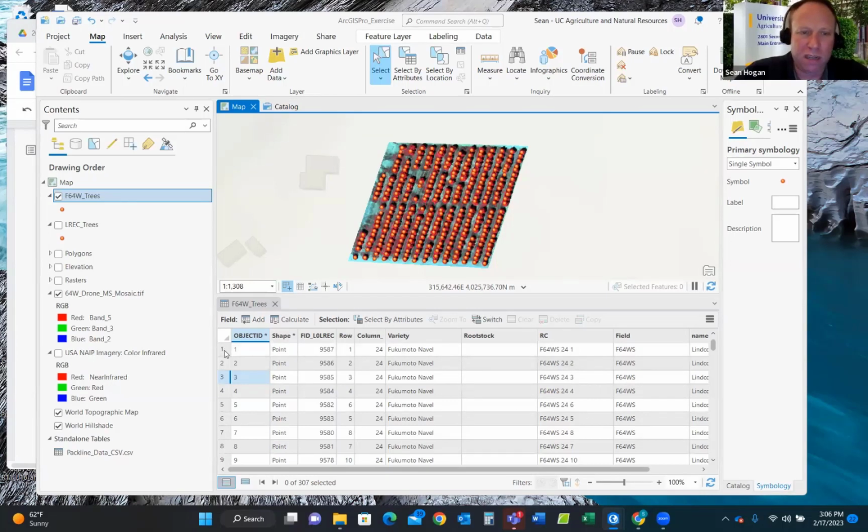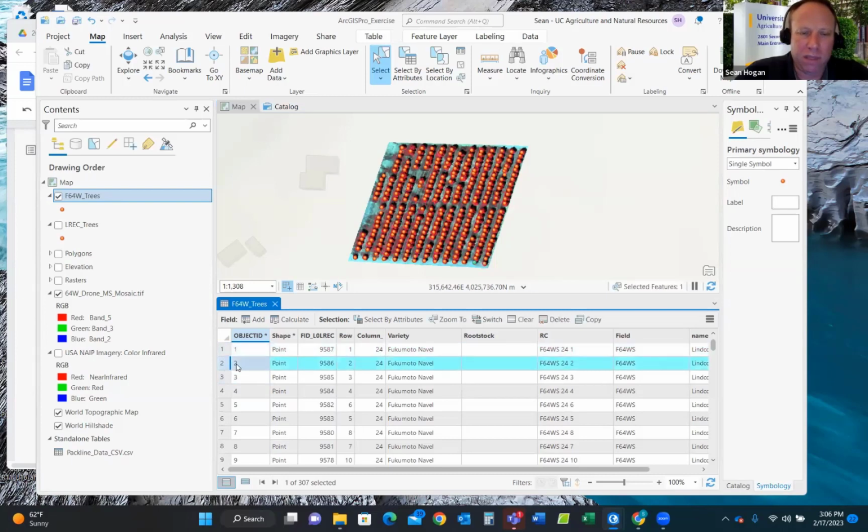Each one of these fields on each one of these rows is associated with one point. And then you have on the columns different attributes for that given point on the ground. So that can include a FID number, which in this case, what we're going to be doing in a moment, we're going to be joining this field ID number with an RFID number that was assigned to each